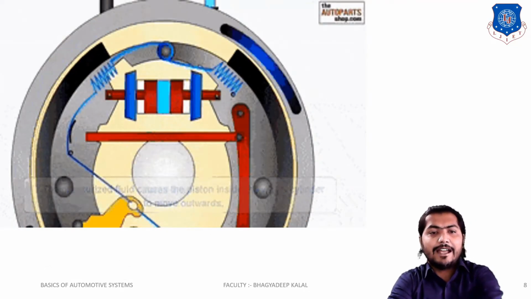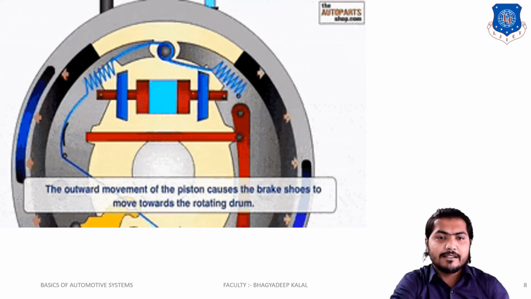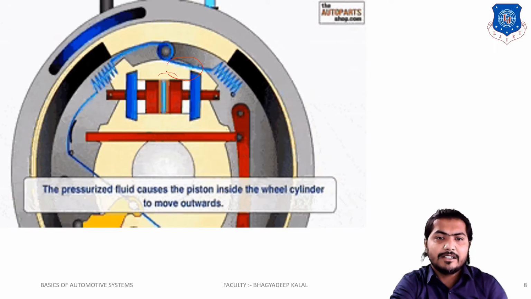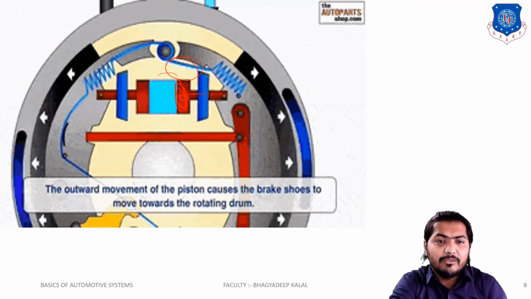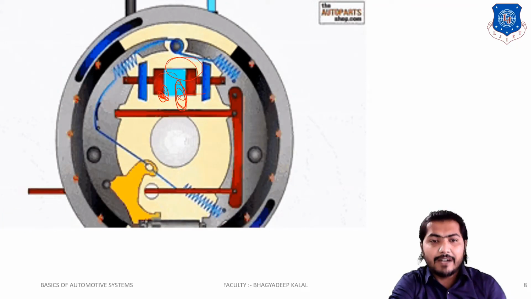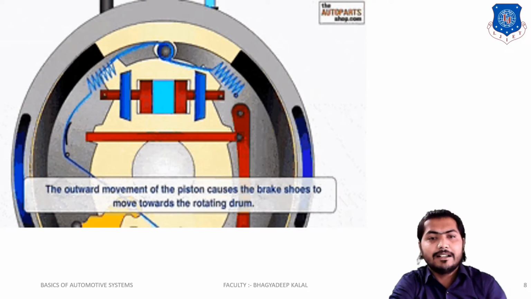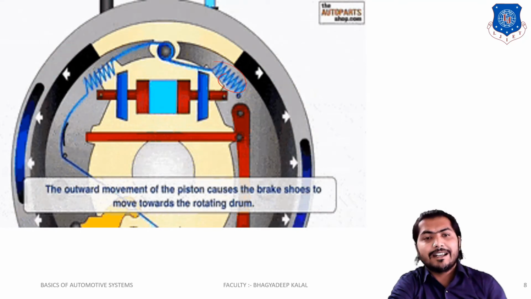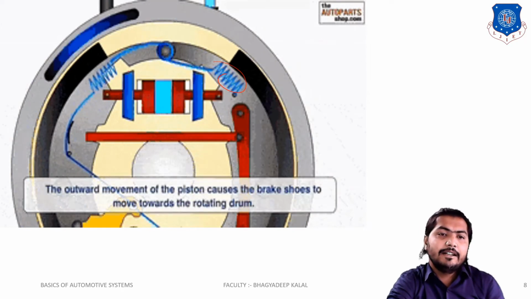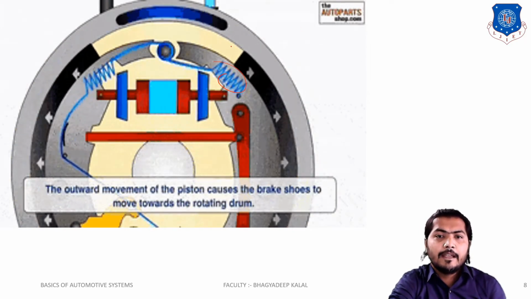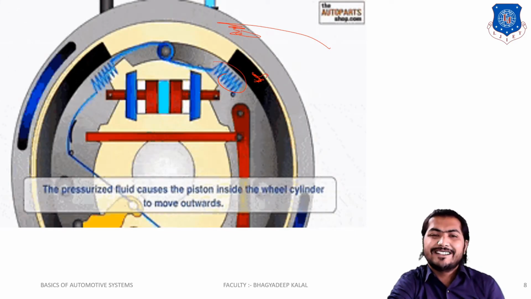So this is the animation diagram of how it works. That is the working function. Here this is a piston cylinder which expands. This brown colored piston is expanded, in which this is the fluid. Suppose it is a hydraulic brake. This is the fluid, and the springs bring the shoes back to their original position when expanded. Friction is created here, and this is a rotating drum. This is our brake liner or brake shoe, which creates the friction here.